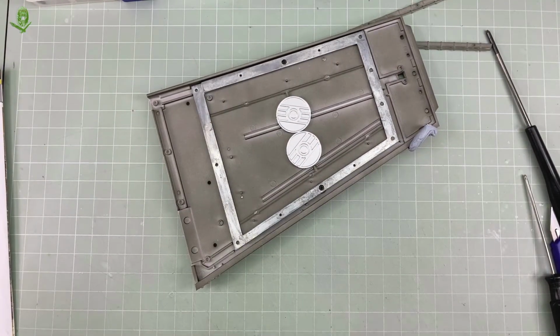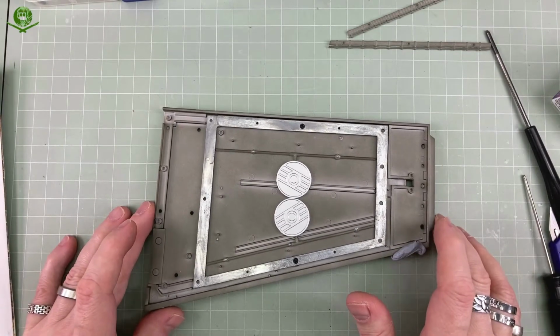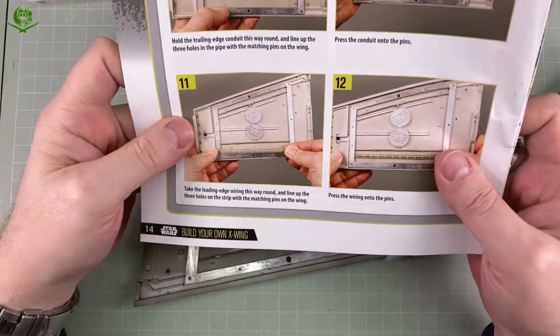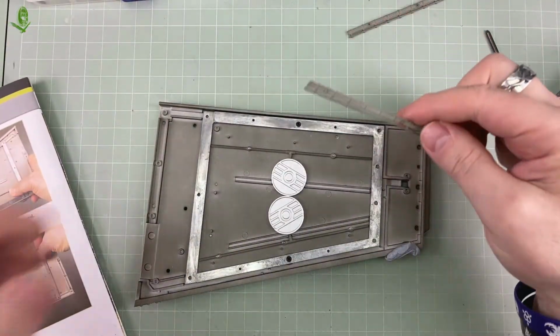We'll be doing some scrubbity weathering around here later on at some point, so yes. Right, I'm going to put my lenses on because I can't actually see. Take the leading edge wiring this way around. It doesn't really explain. So I think it's...